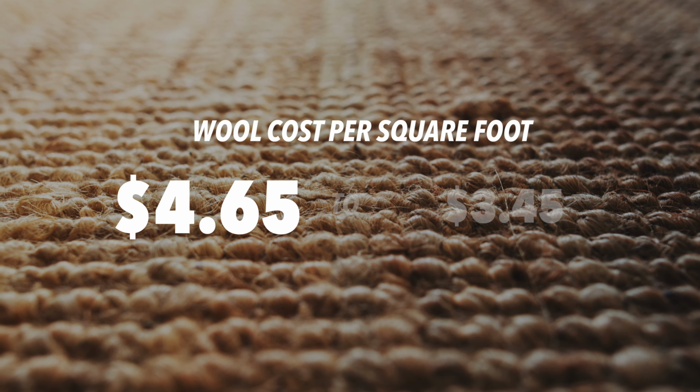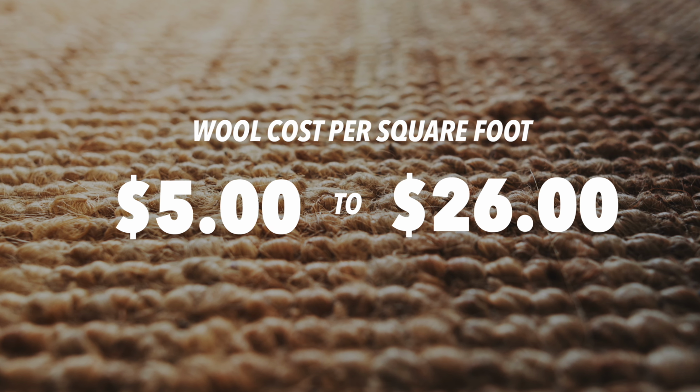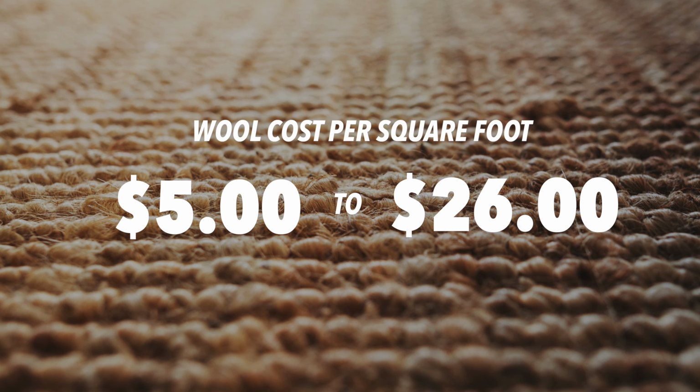Lastly, we have wool carpeting. In addition to being incredibly soft and dense, wool is also very durable, resistant to crushing and fraying. Though wool can be expensive, costing between $5 and $26 per square foot, it's one of the longest lasting carpeting